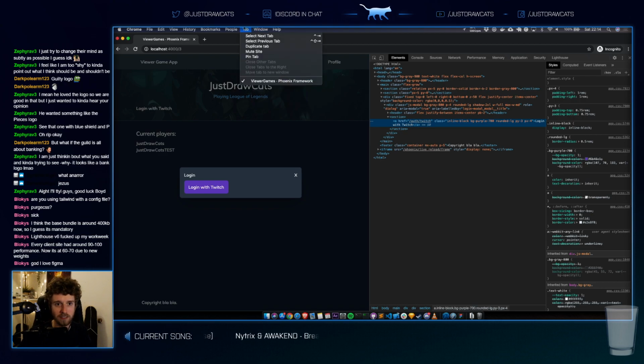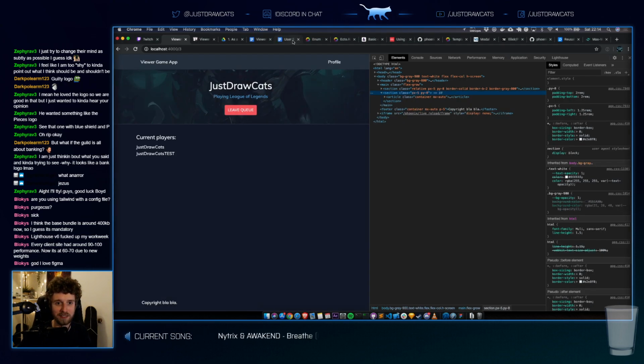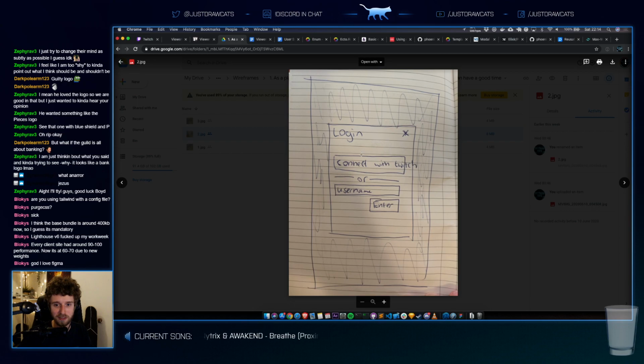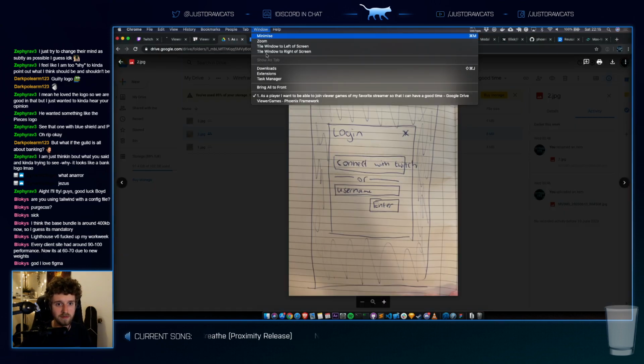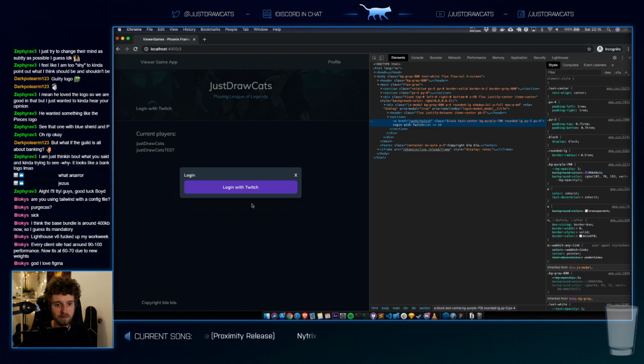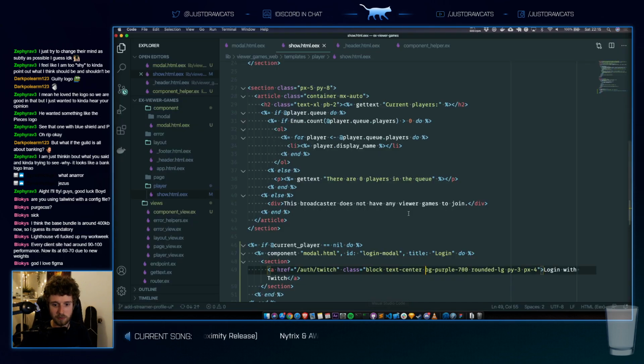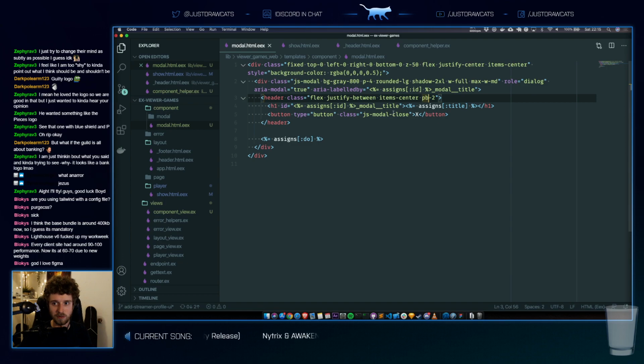Let's take a look at the design, or like the wireframe that we have. Pretty dummy wireframe. Oh, it's full width. And I think this modal is a bit too wide too. And I think we want to have sizing for this.